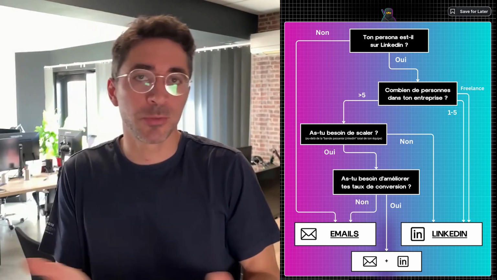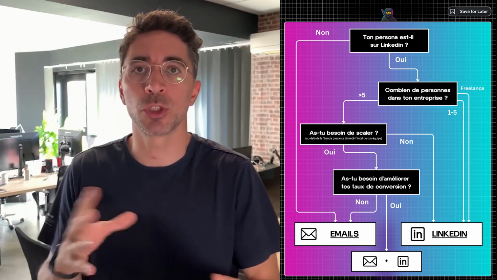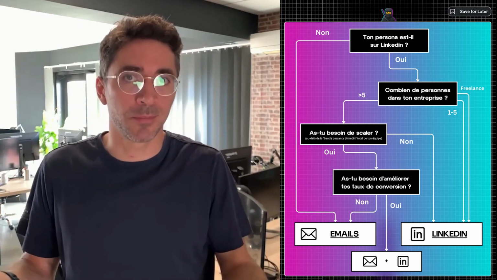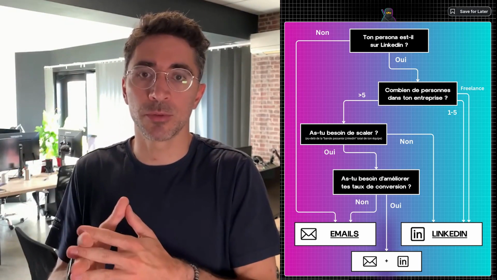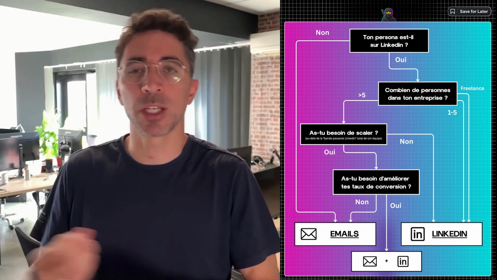Then there are also simply different types of jobs. There are certain jobs like CISOs, heads of IT cybersecurity, or engineers, so often more technical profiles, that are generally quite resistant to marketing. And that's no exception when it comes to cold outreach. So these profiles are going to be a bit harder to reach. The flip side is that these profiles precisely are approached by fewer salespeople. So once we manage to, quote unquote, get a hold of them, these leads are more valuable, but they're hard to get into a meeting. And that's where multi-channel outreach comes in, varying the ways and points of contact, using at least these two channels and potentially others to maximize our chances of simply getting in touch with them in a positive way.